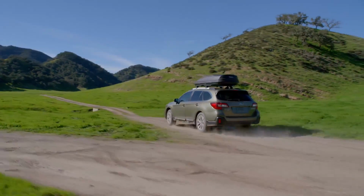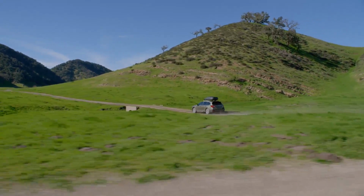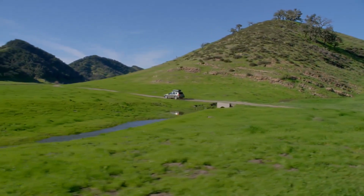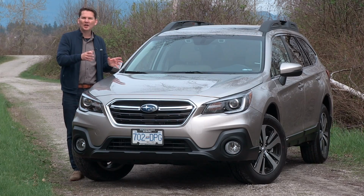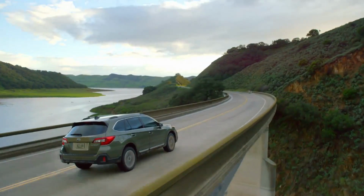But now you get the ground clearance for going skiing, going to your cottage or cabin. I can see why these things are popular, and when they come up for sale in the used market, they're gone. Now, as I mentioned, you can get an Outback, starts around $29,000 in the Canadian marketplace, but because the